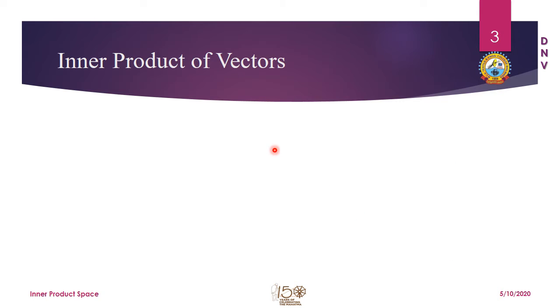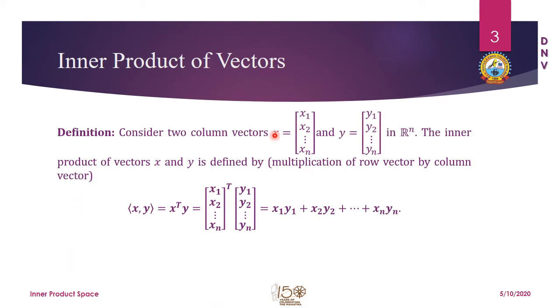So let us have the definition of inner product of vectors. When we consider these two vectors x equal to x1 to xn and y equal to y1 to yn in the Euclidean space Rn, these vectors could have been taken in parentheses separated by commas, x1, x2 up to xn and y1, y2 up to yn, but I have considered these in the form of column matrices for a particular purpose, and that purpose will be very clear as we go further.